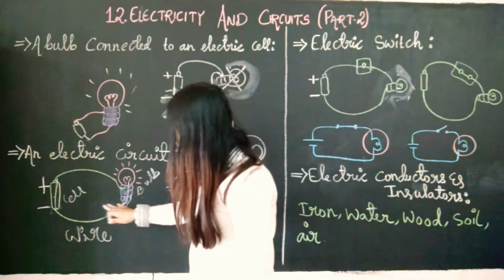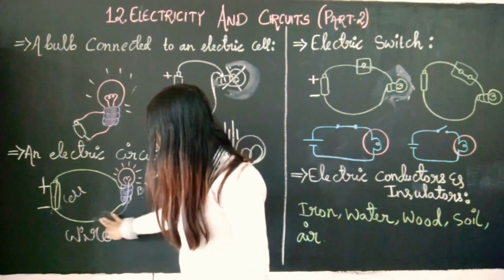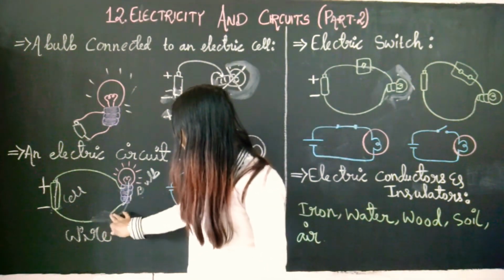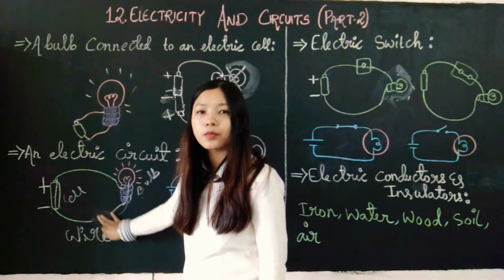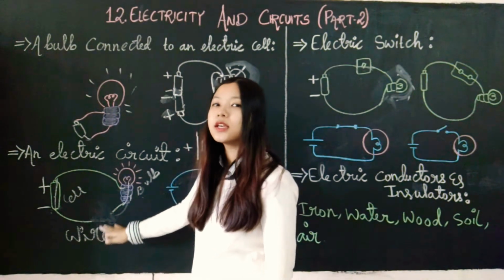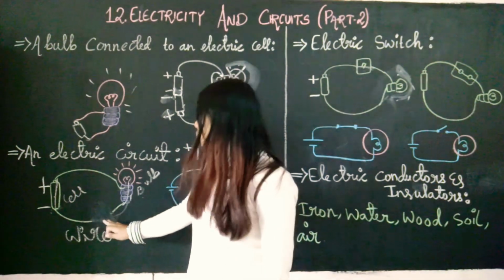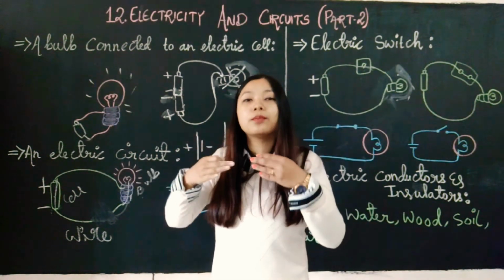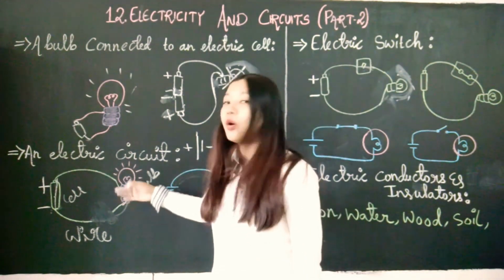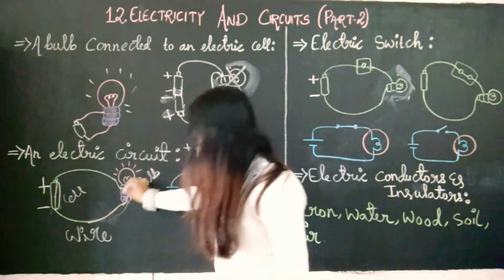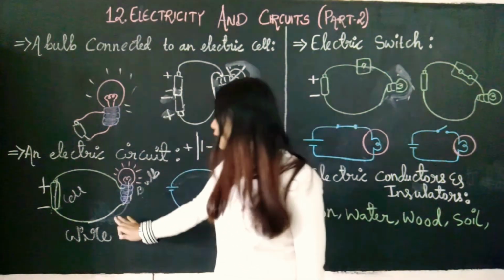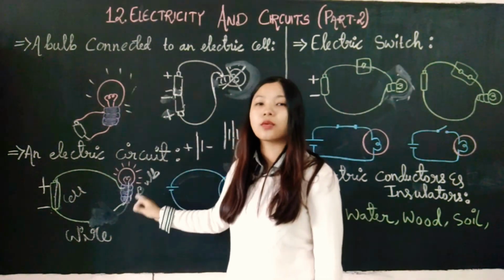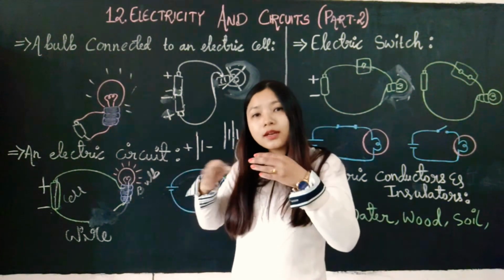But if, let's say, here the wire has been broken. Now the electricity will come up to here, but it cannot jump and reach here. So this broken wire will show us that there is a breakage or there is a blockage in the circuit. The circuit is not complete now. Such type of circuits are called open circuit. If it is closed, then it is called closed circuit. If there is a breakage here, something is blocking the pathway, then it is called an open circuit because there is an opening now.